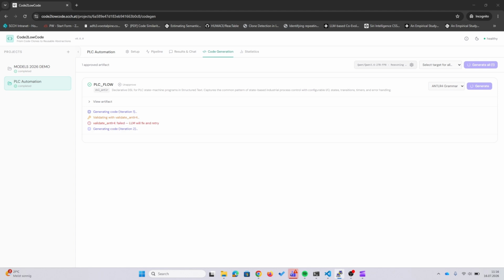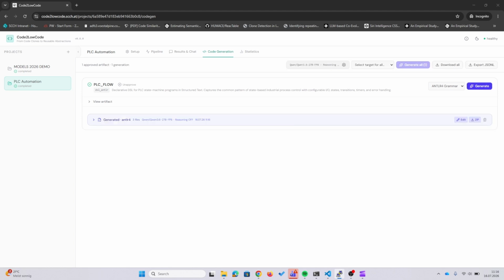Now we can see the first round of code generation finished. It did validate, but the validation failed, so the LLM will now incorporate the feedback of the tool and start generating the code again in a second iteration. Now the iteration finished again, and as the validation succeeded, the LLM now generated G4 files with an example, which we can edit or download and then incorporate